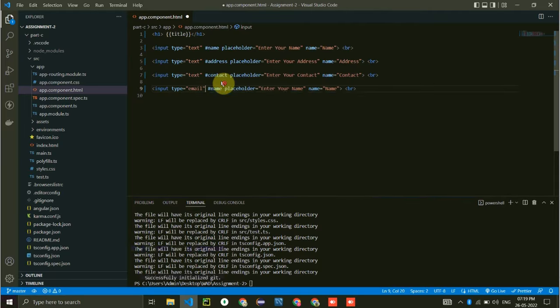Then ID I'll give it as hash email. Here I have used input type equal to email. Now here ID I'll use email. And placeholder also enter your email. And name is also equal to email. Now same field I'll copy it, and